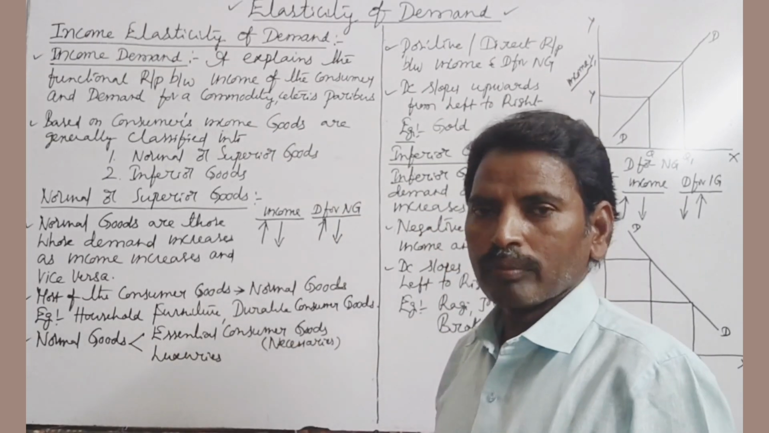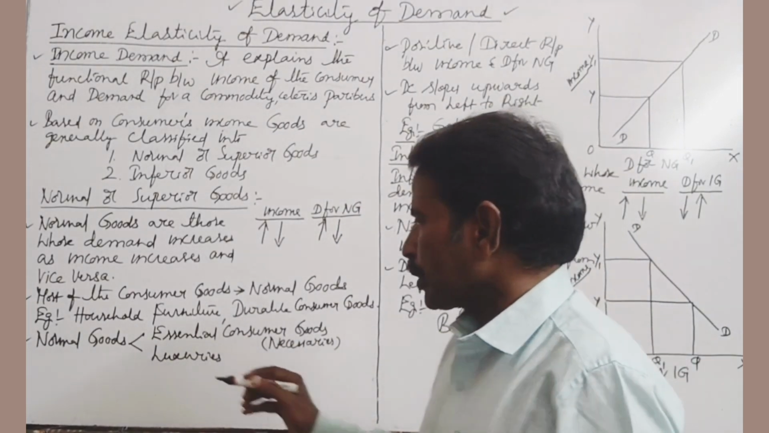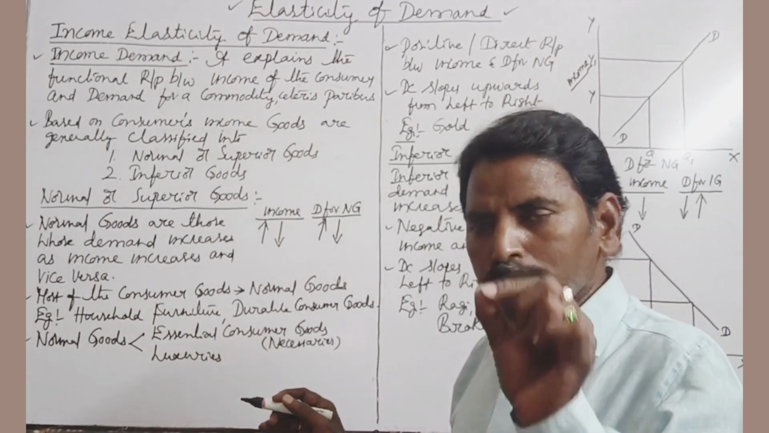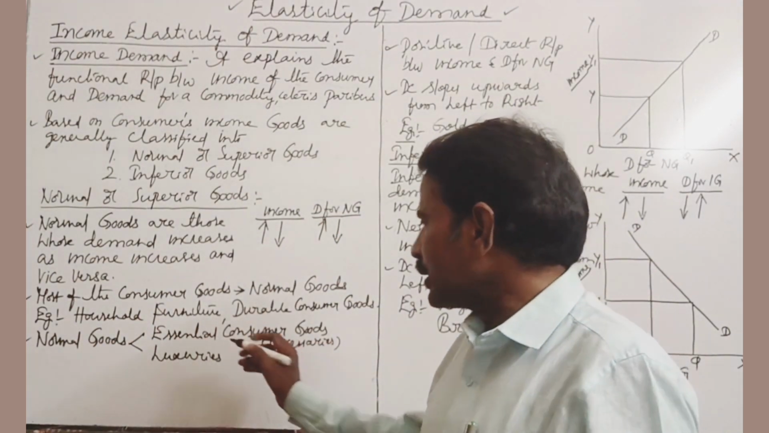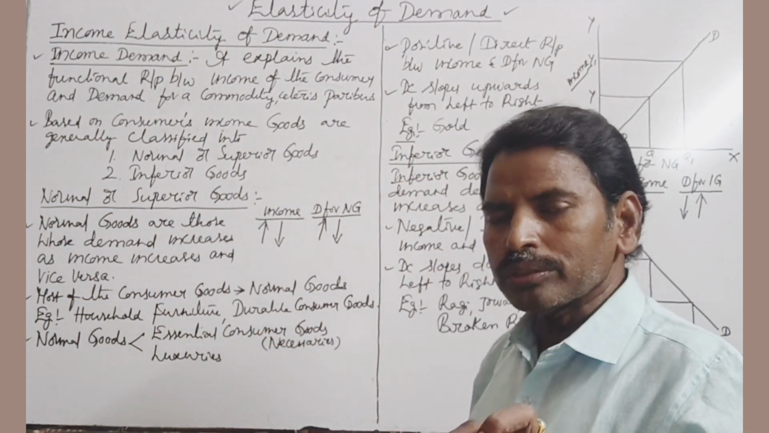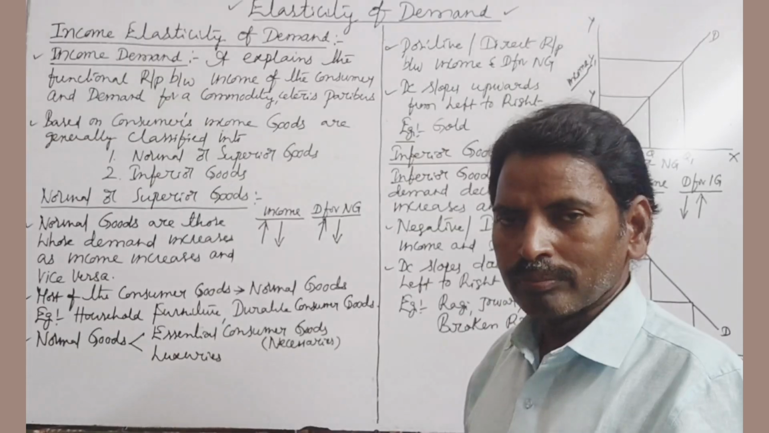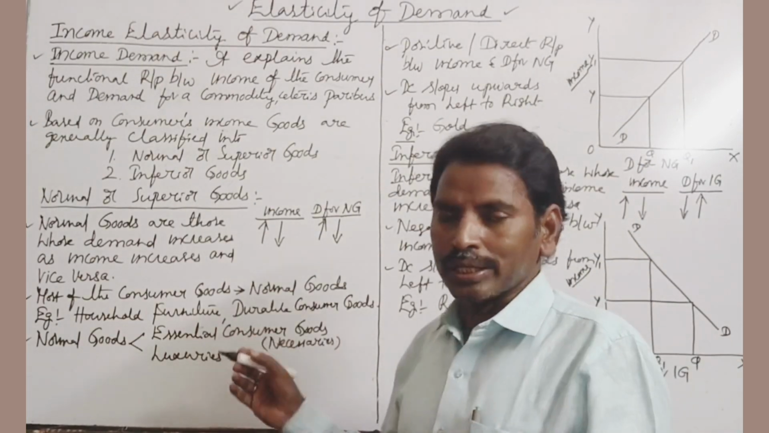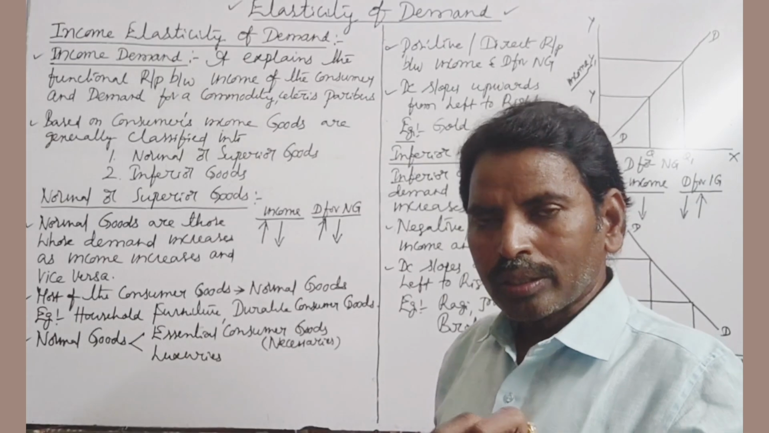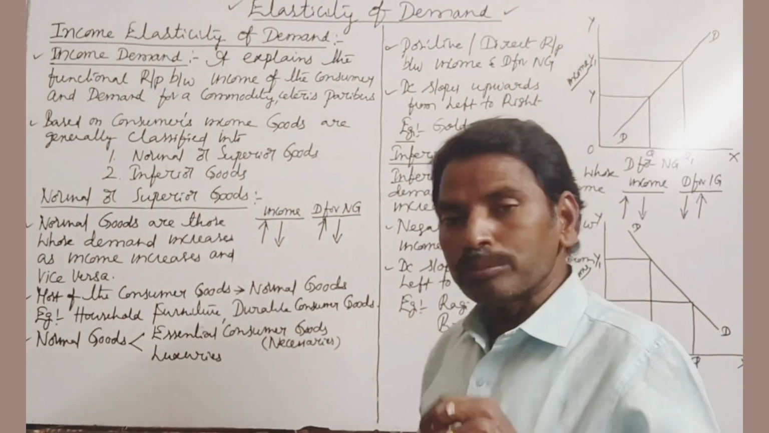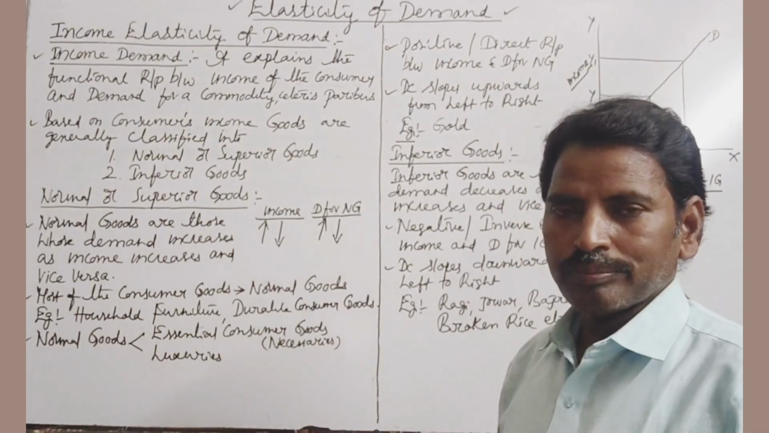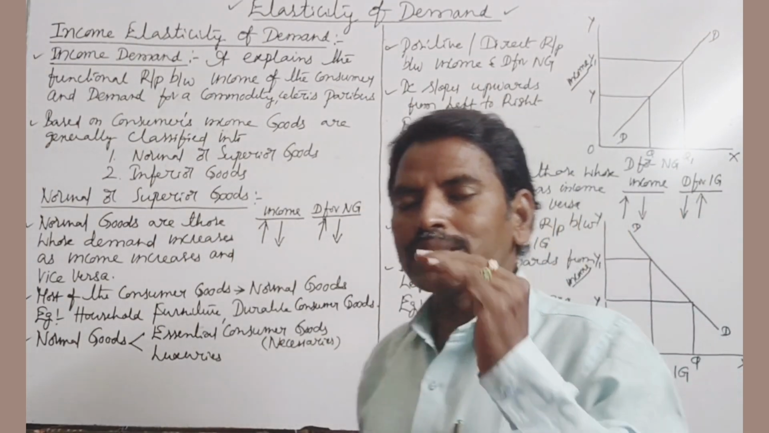superior goods. Next, normal goods are generally either essential consumer goods, that means necessaries, or luxuries. So now let us examine first